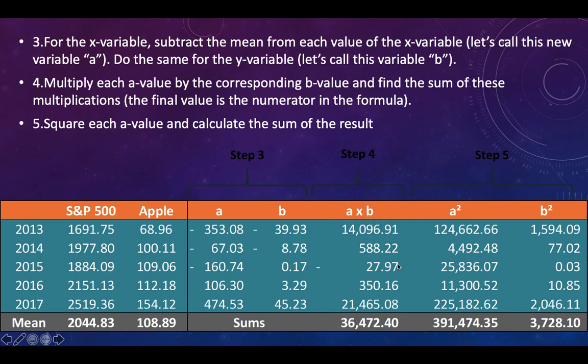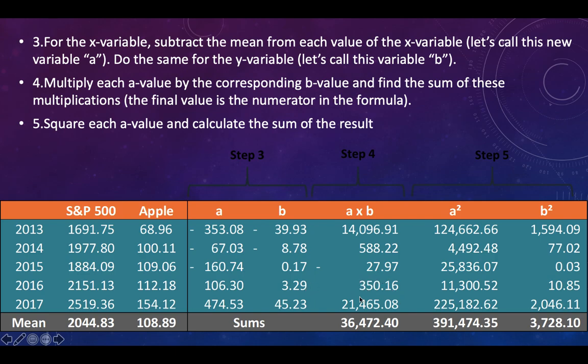So I did the multiplication of all the values. In that you can see here minus 160.74 into 0.17, obviously minus into plus is coming as minus, so minus 27.97. This is the only minus value. Other than that all are plus, because here minus into minus is plus, here also minus into minus is plus, and down here 1063.929 is plus and plus, so it will come as a plus.